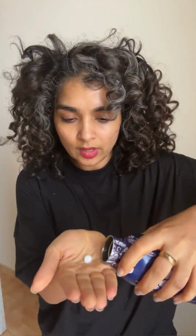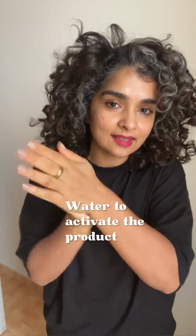You can use a small amount, the tiniest amount of leave-in. Look, that's it. This should not take a lot of your time. And then you add water, okay, so that the leave-in is nice and creamy in your hands. And what you do is just spread it over this exposed area,